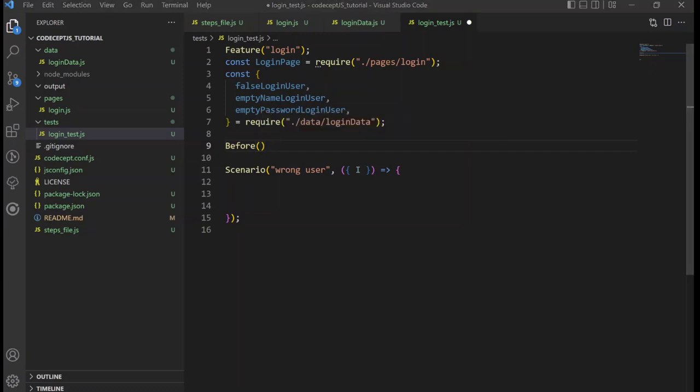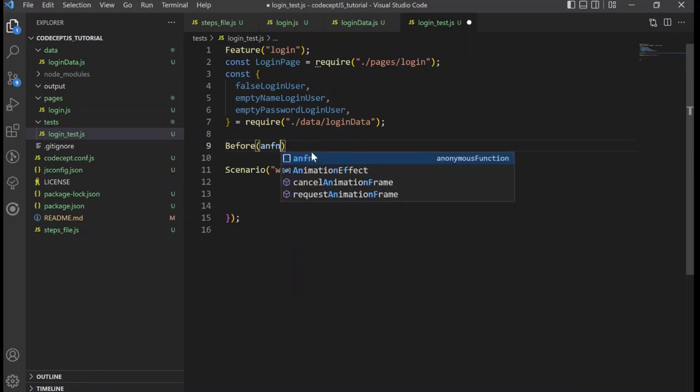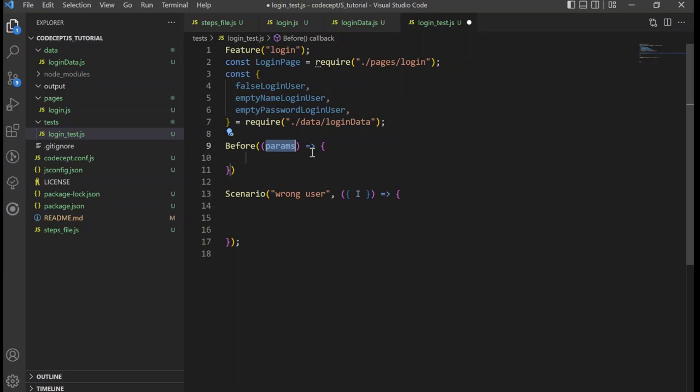Before is used before the tests, for example, a standard function, a standard step that we always use. As you have seen before, whenever we open our page, it has an information box and we click that button. So we're gonna describe it here. What are we going to do? We're gonna make a function here and destructure I here.